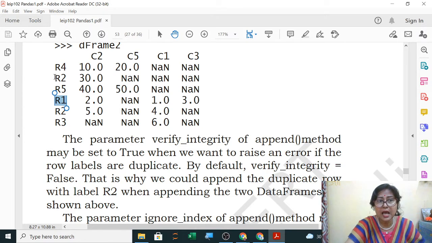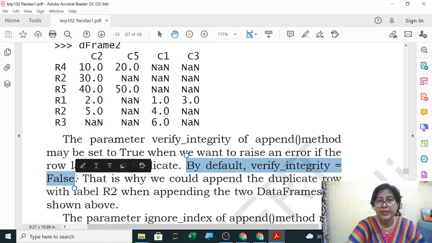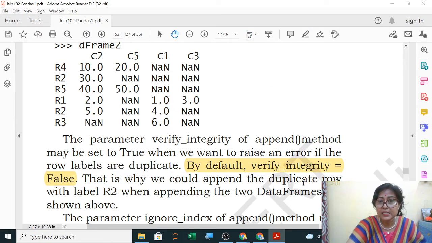Means R2 is having a value of C2 as 30 as well as here also R2 is having the value of C2 as 5. So R2 is having 2 values of C2 because by default verify integrity is false. When I am not mentioning anything, it is false. But if you set it true, then it will show an error because it cannot have the same value.